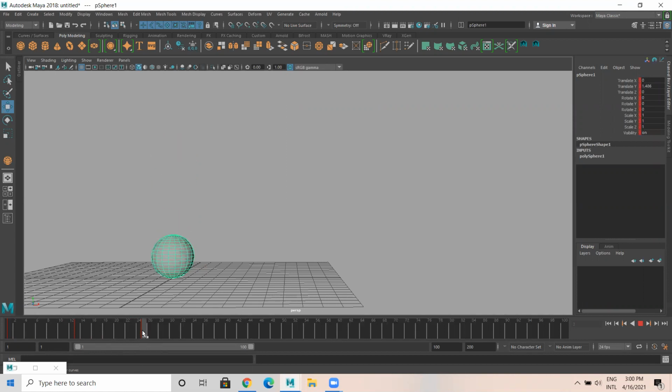If I want my ball to go in the right direction, which axis or channel is responsible for that? If I want my sphere to bounce towards the right side, which channel is responsible?